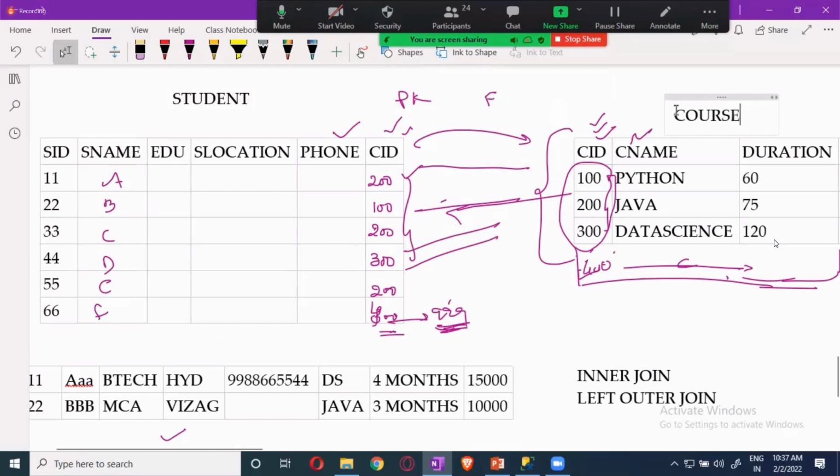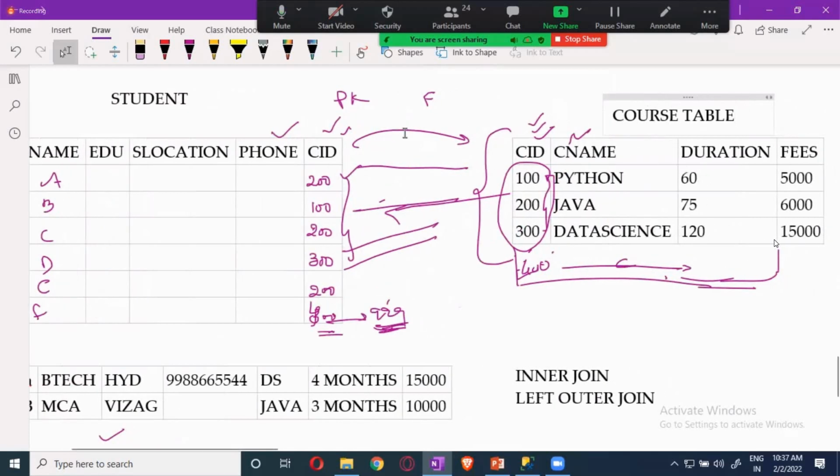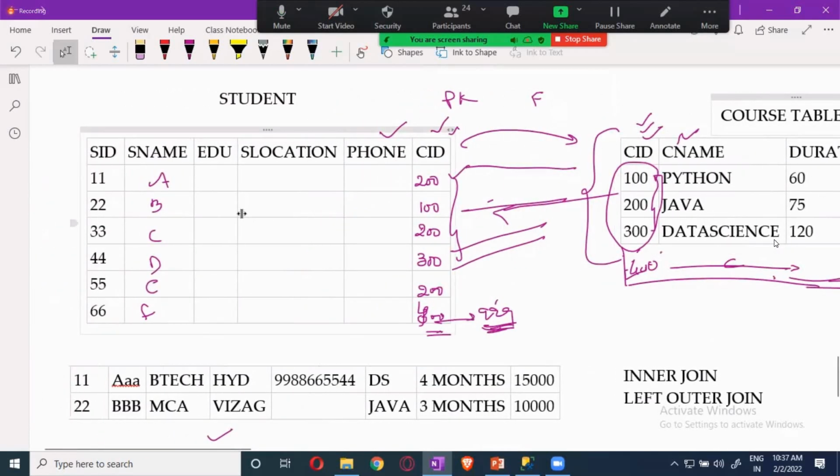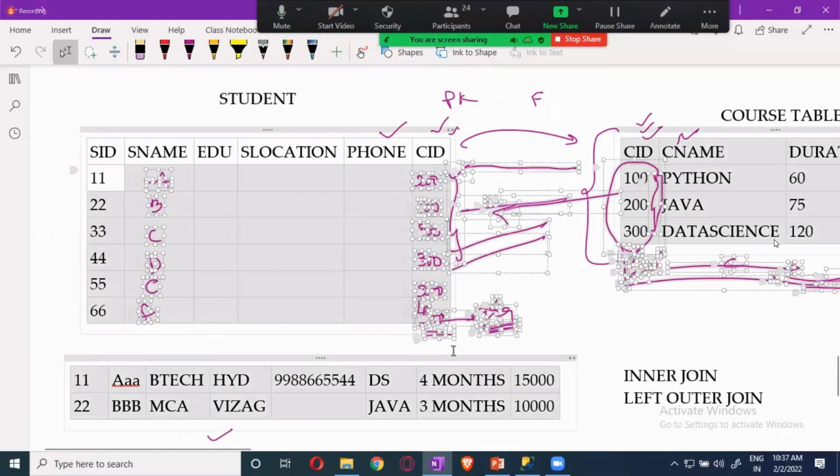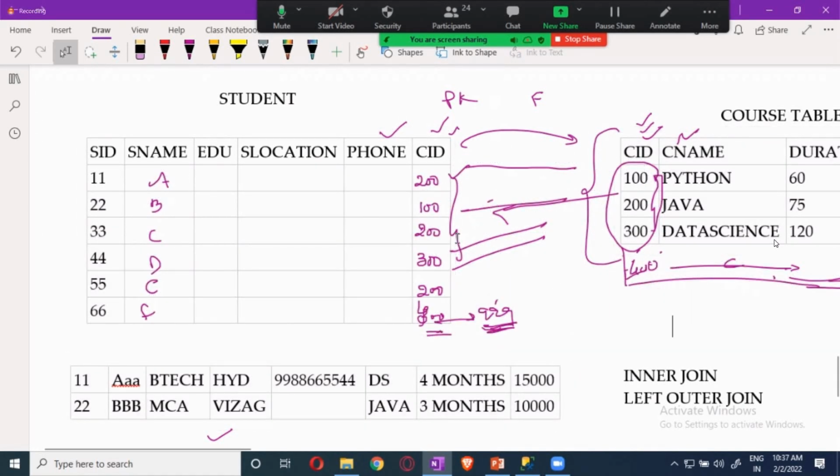So it is going to print all the values in the left side table. But from the right side table, only the values matching the students will be given, only that course details.